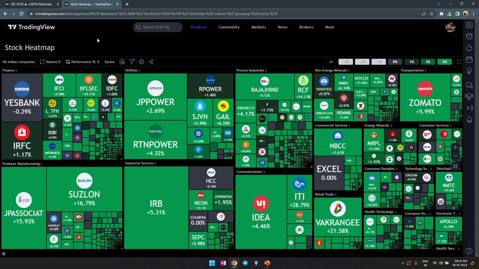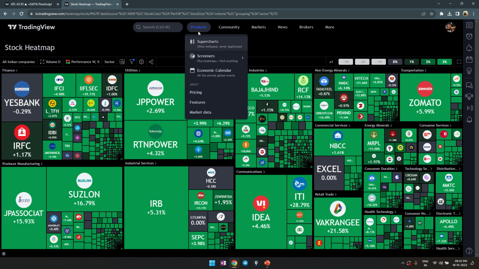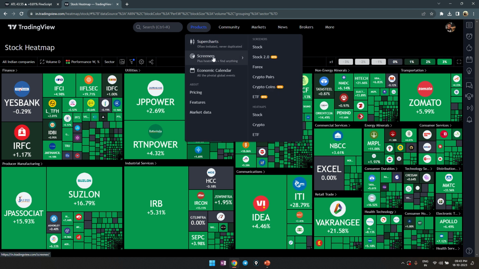So this is a very less explored feature by the users of TradingView. But you may check it once and try to adapt it in your daily approach, which might be useful for you going forward. Now the second feature: you go to products again, go to the screeners, and there is Stock 2.0